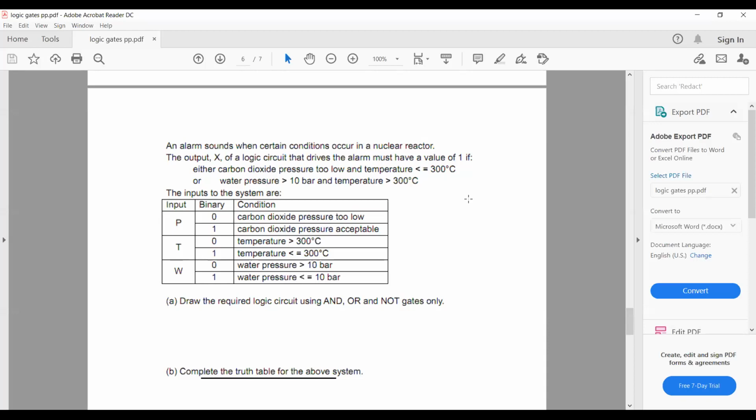So just read it. An alarm sounds when certain conditions occur in a nuclear reactor. The output X of a logic circuit that drives the alarm must have a value of 1. So that means the alarm is working when the value is 1, right? Either